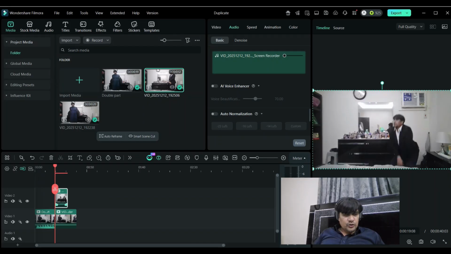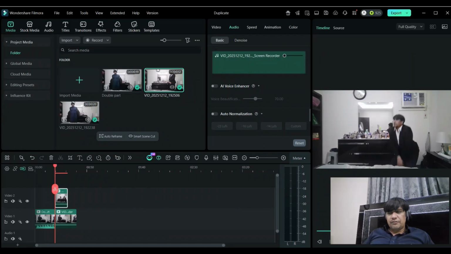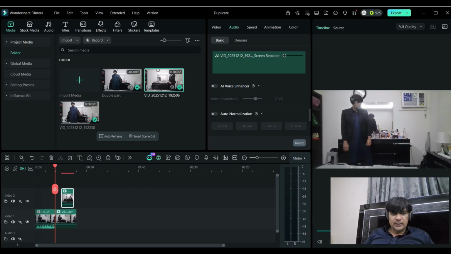So you can see now I did both clips, but as you know, in the first I am removing my coat and then I am throwing it on the floor. So until I throw it on the floor, the second person will not appear. So I have to check where I am throwing the coat on the floor, and then the second person will appear.